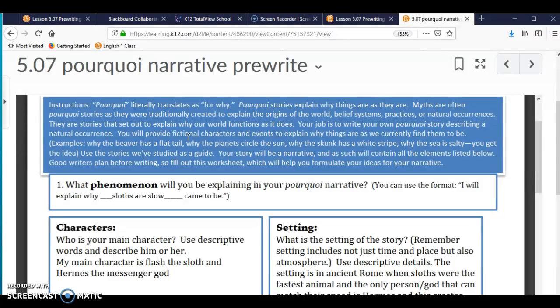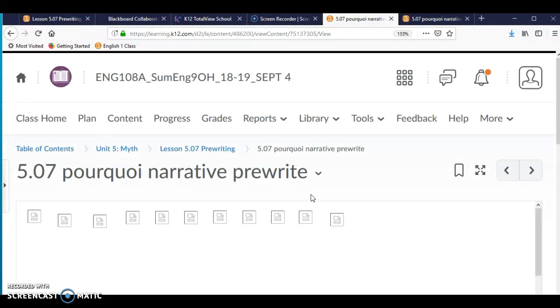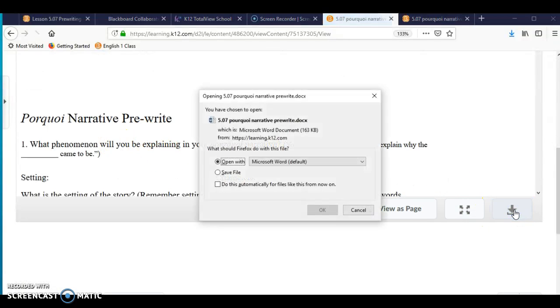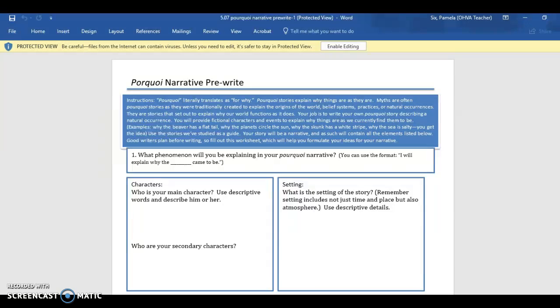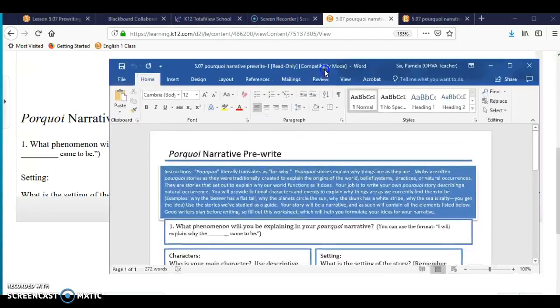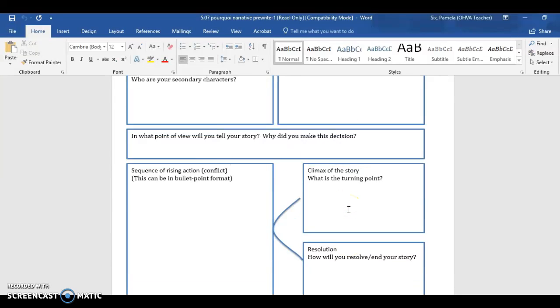And obviously you can work on that on your own. So the first step of this is you're going to be working on the pre-writing. So if we go back to that, your narrative pre-writing is right here. If we open up the pre-writing, it will open up into a Word document. And as you're going to see, it's going to look a little weird. So you're going to have to download it. And when you open it, it will look completely different from what we saw before. And you enable edit, and then that will give you the opportunity to start typing in. So this is your first step into this process.